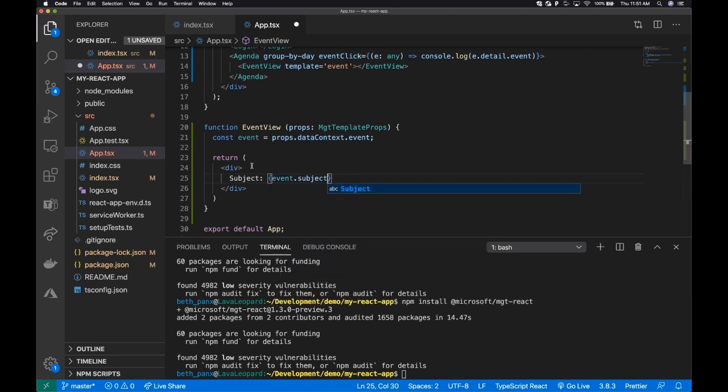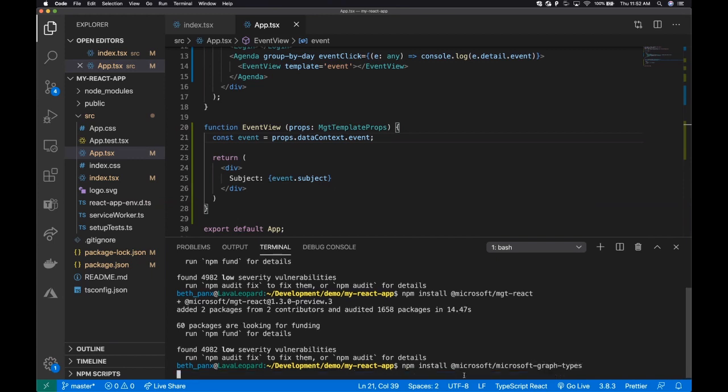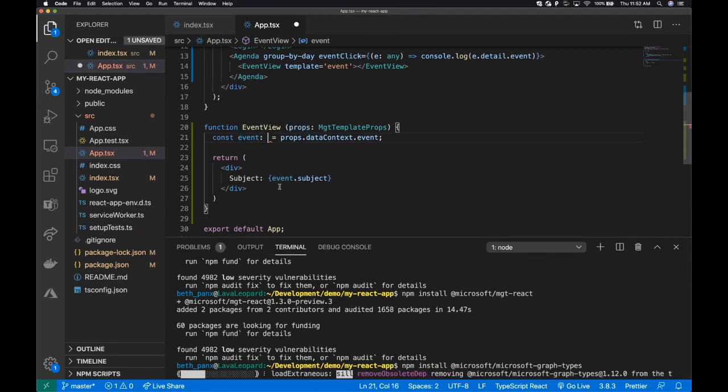I have IntelliSense, which is the next thing that I wanted to show. So what if I don't know all the things that are within a Microsoft Graph object, such as the event object? How can I do that without going back and forth to the documentation? I can install Microsoft-Graph-types. So by installing this package, I can cast event to something like Microsoft Graph